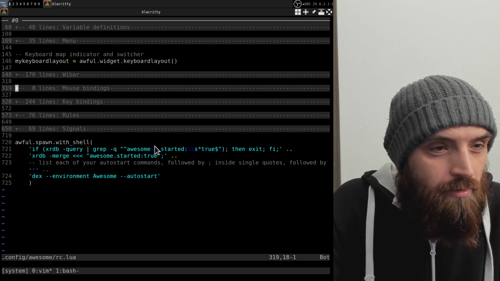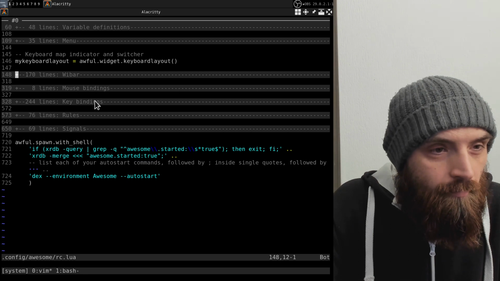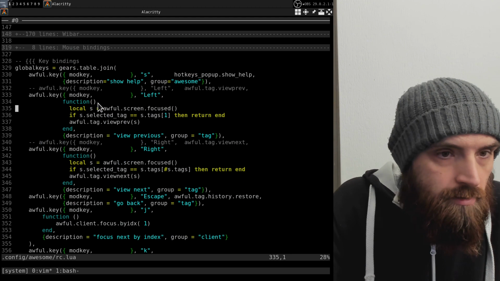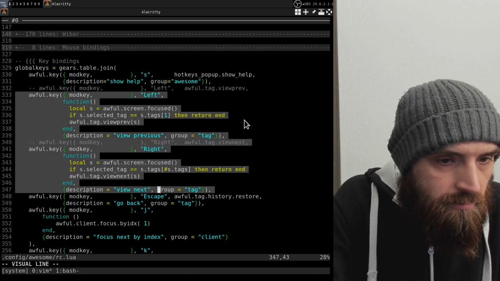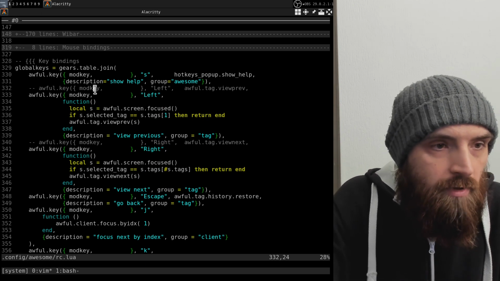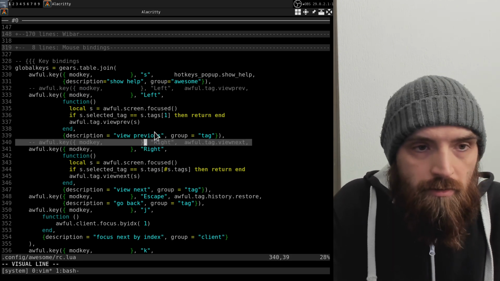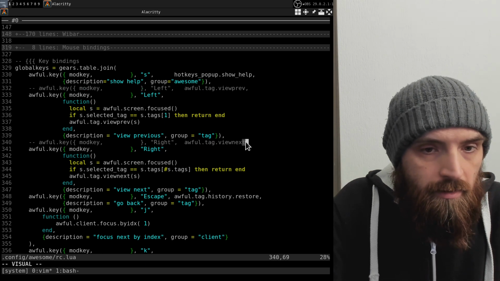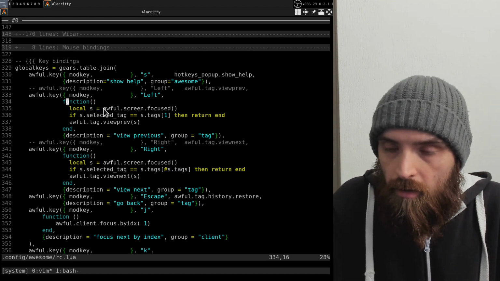You need to go into this key bindings section, and right here at the top there will be these two sections. These commented out lines is what you'll have there by default. Just look for this line and then this line, and basically I found